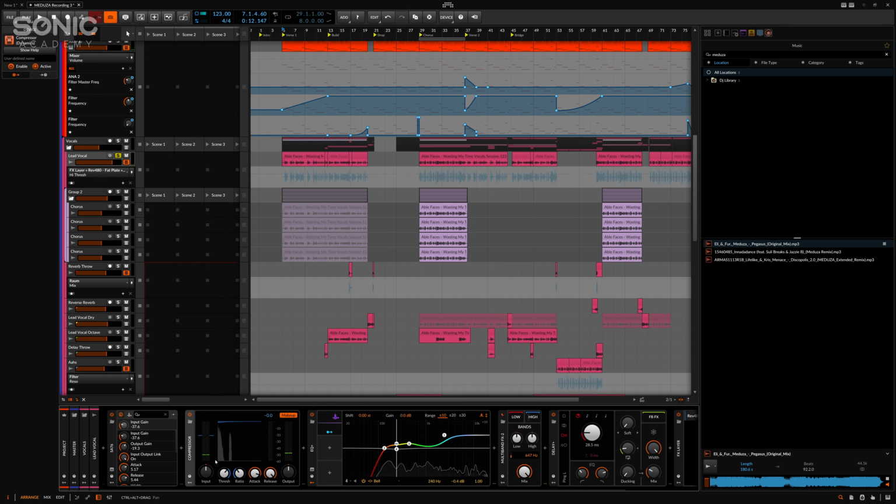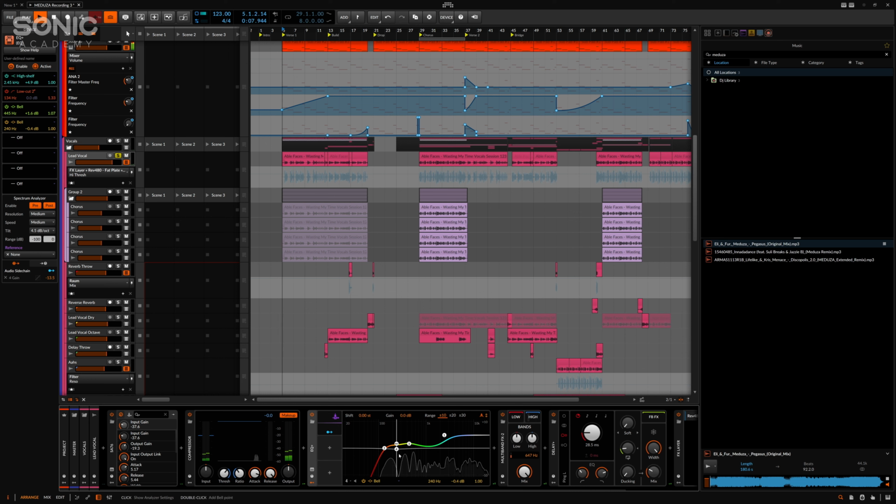So there's an additional compressor there as well, just acting more like a leveler. You can see very slow attack and release times. That's running through an EQ. The EQ we actually set up to be dynamic. There was something that we wanted to pull out there, so you can see that it's being triggered